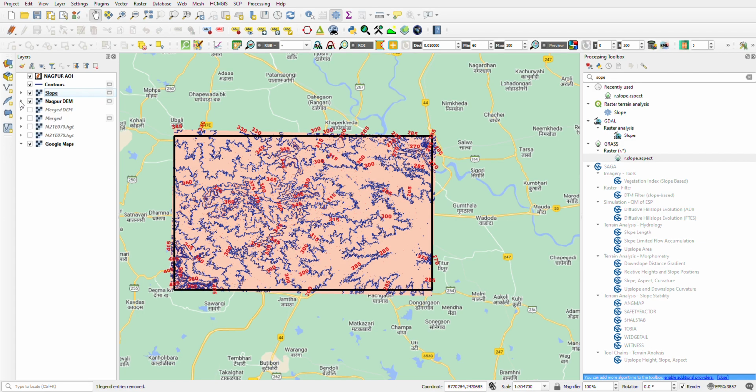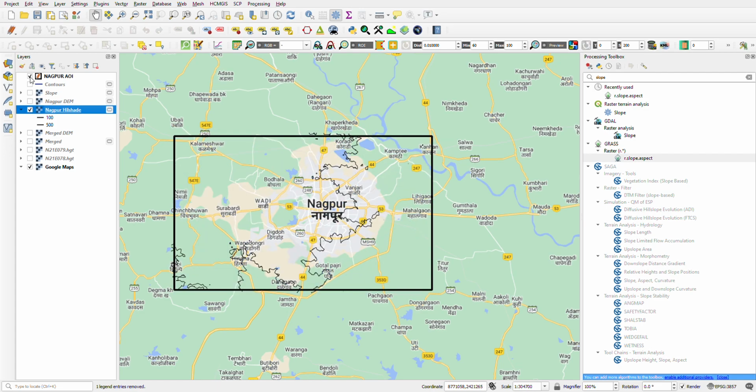Okay, so one more thing we can draw is the hill shade. So I will create a duplicate. I will give a fresh name to it, I will call it Nagpur hill shade. Alright, so now if I click on this, hill shade can only be developed for the data which has the elevation value. So you will see where it is developed, for that you will close the layer. Okay, so there seems to be some